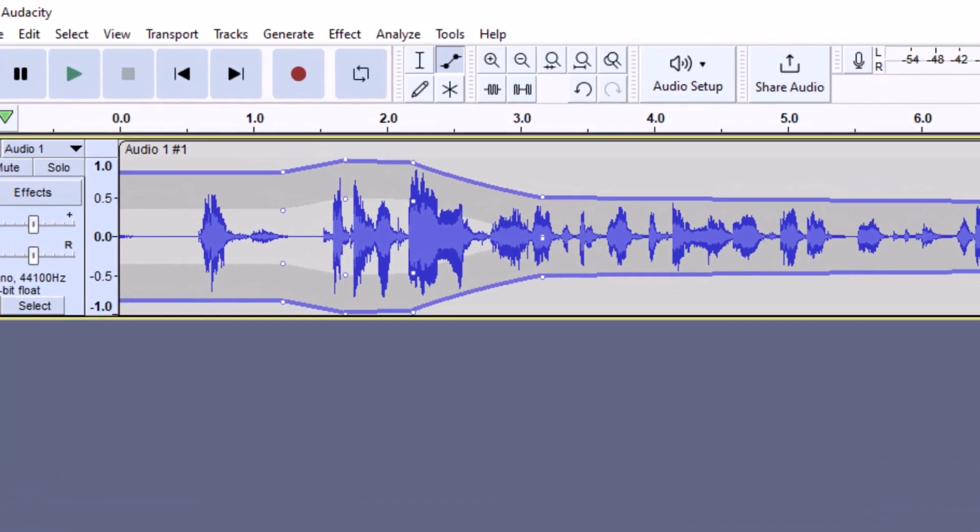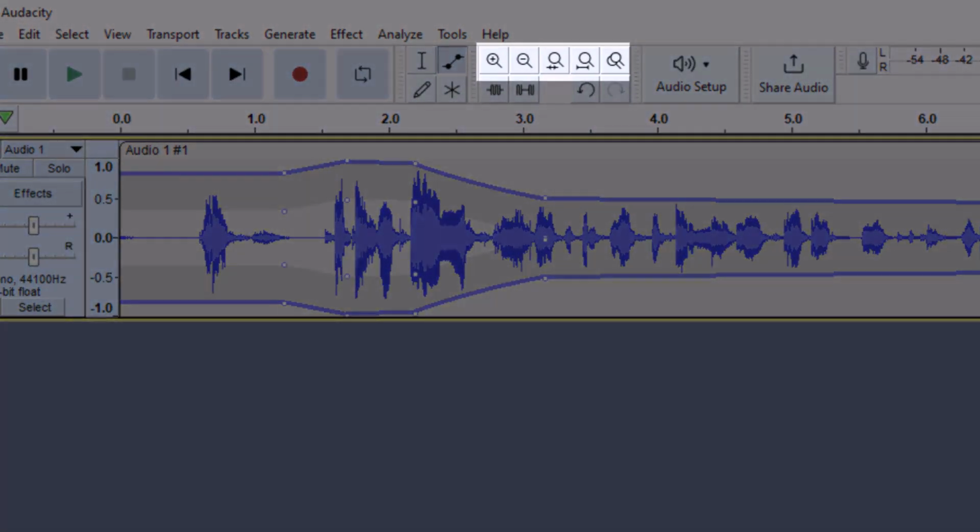So you've got the zooming and fitting features here. Those are zooming in and zooming out. That's pretty obvious. You might not realize how important that is in audio editing, but zooming way out allows you to see a sort of bird's eye view of your project. And zooming in allows you to make really fine cuts, like if you have a cough or a sneeze, or I don't know, you dropped your pencil or ruffled a piece of paper. It allows you to get really up close to what you need to edit to make it the smoothest edit that you can. You've also got these fitting tools here.